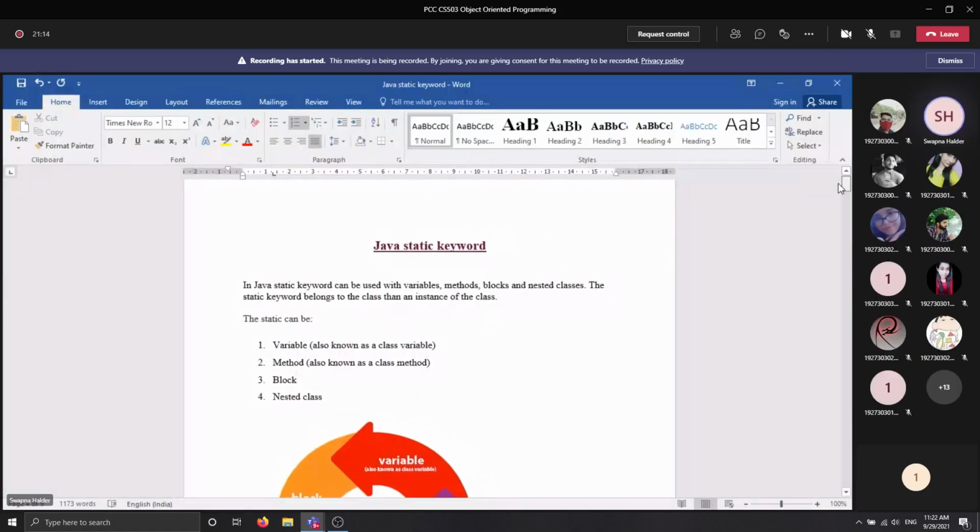Okay, now we will move on to the Java static keyword. Look at this. We have already used this static keyword in our Java program, that is public static void main. We are just declaring a method as static. But besides using the static keyword with a method, there are three other uses of the static keyword